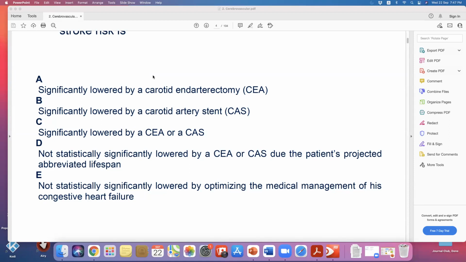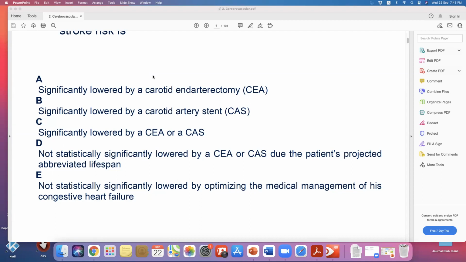No. Not statistically significantly lowered by carotid endarterectomy or carotid stenting due to the patient's projected limited lifespan. This could be, yes. Not statistically significantly lower by optimizing the medical management of his